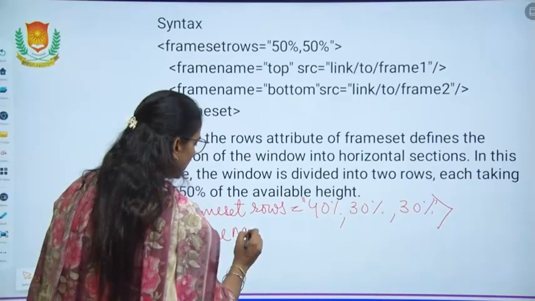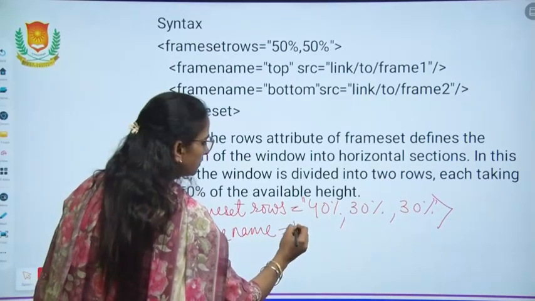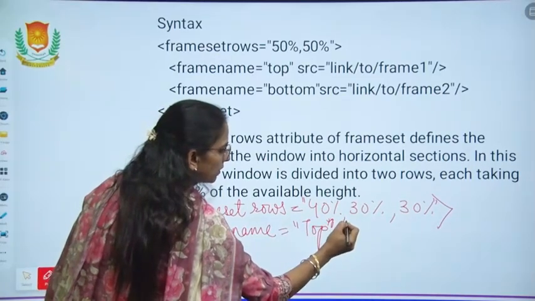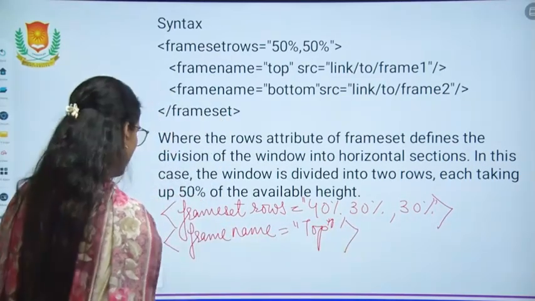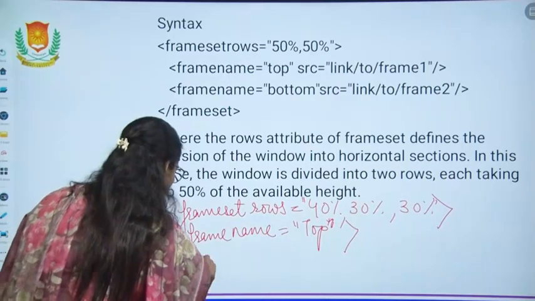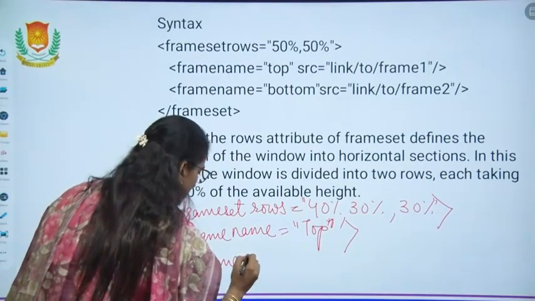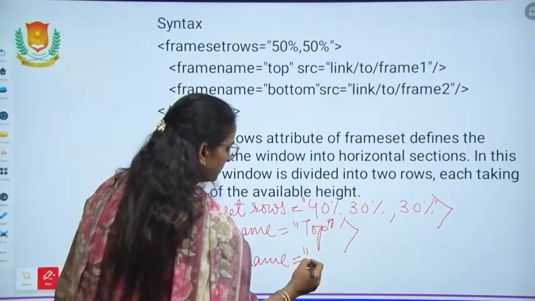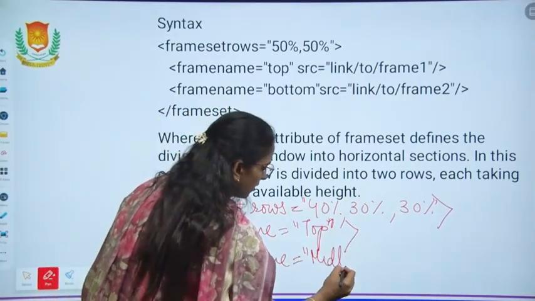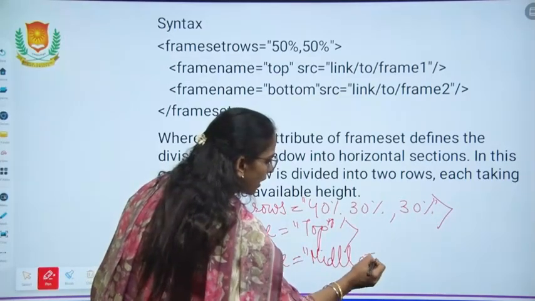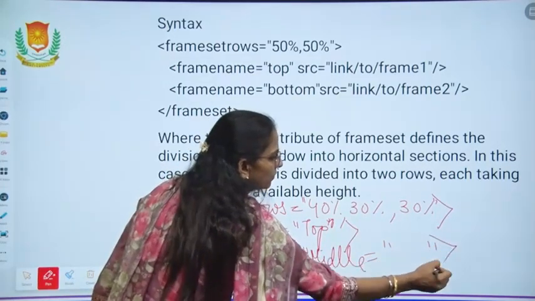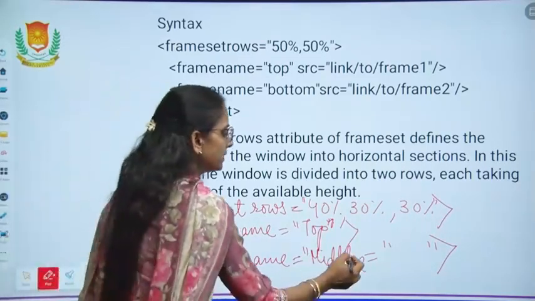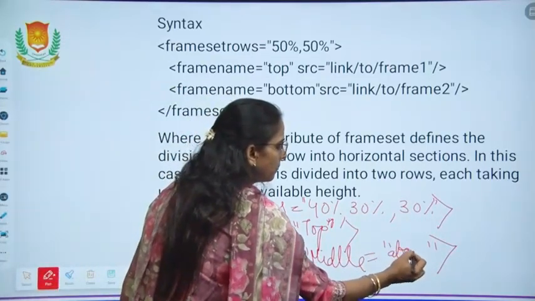You will take frame name top, then you can take frame name middle, and along with that you have to give their URL also, like you will take the example ABC.